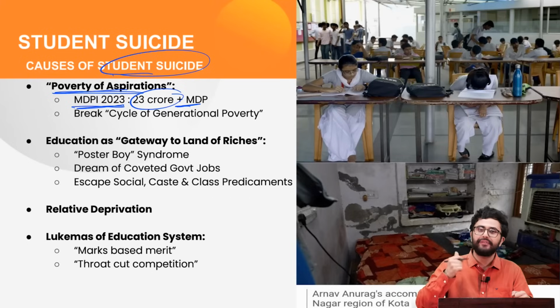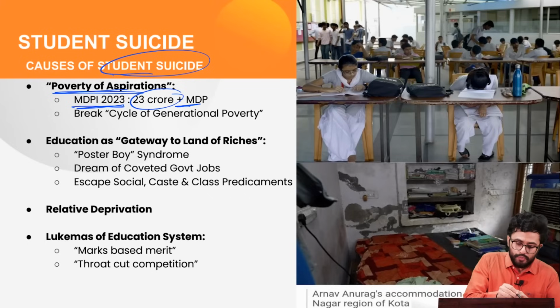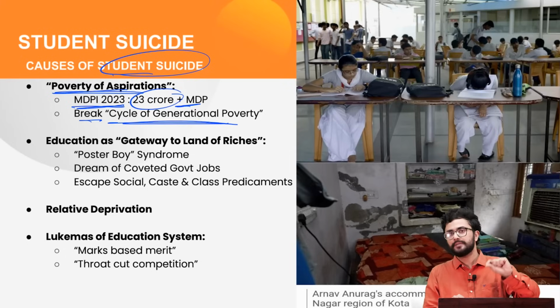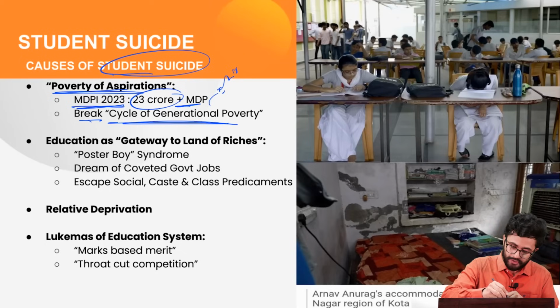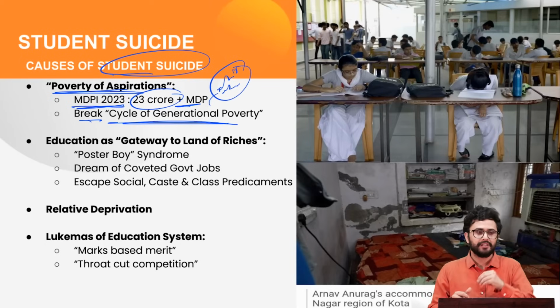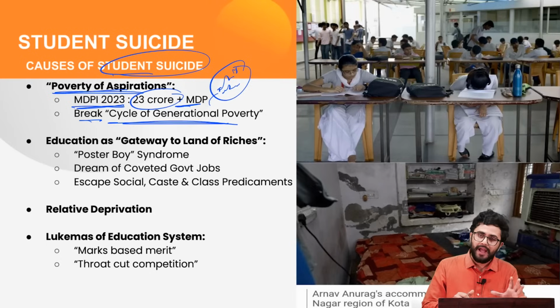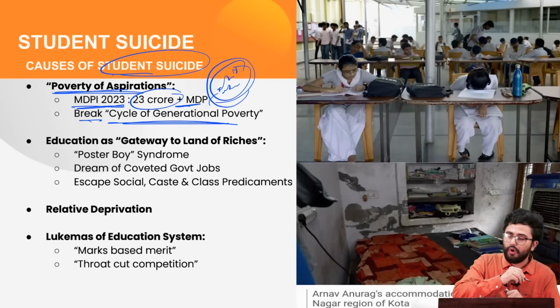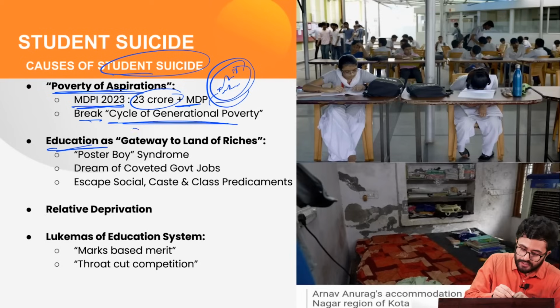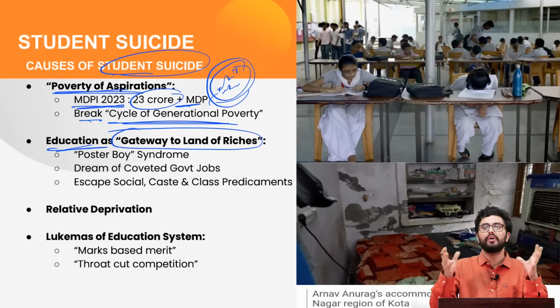And the only way for these poor people to break the cycle of generational poverty, the easiest recourse which these parents can think of, is to invest in their child's education. Thus, either these children are enrolled in government-funded schools which are mired with poor infrastructure, or these parents take exorbitant loans to fund the education of their children. One of the major reasons being that education is considered a gateway to the land of riches in our